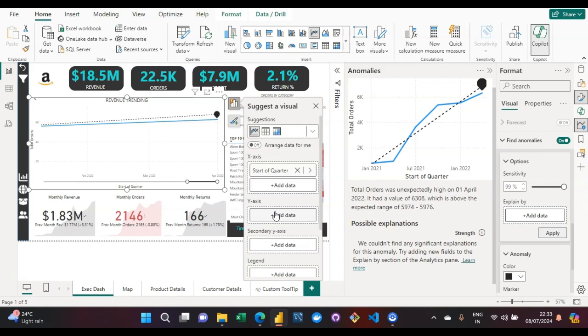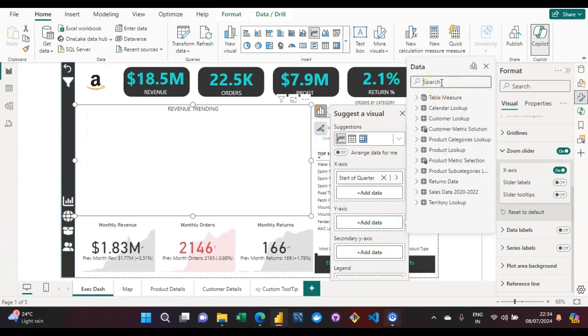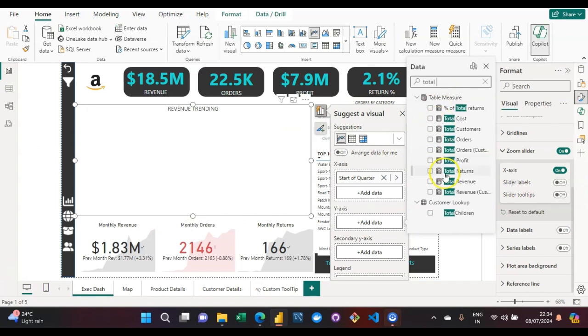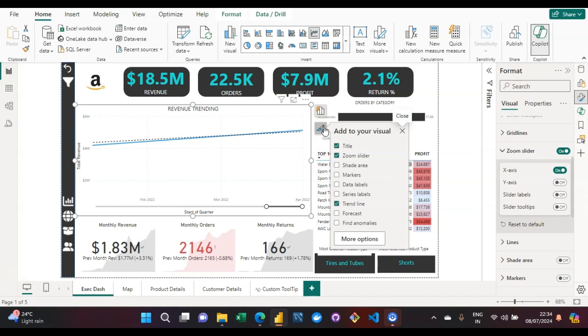Let us see if we are able to come across any anomalies. So on my y-axis, let me enter total revenue. And with respect to total revenue and start of quarter, let us see if we can find any anomaly.